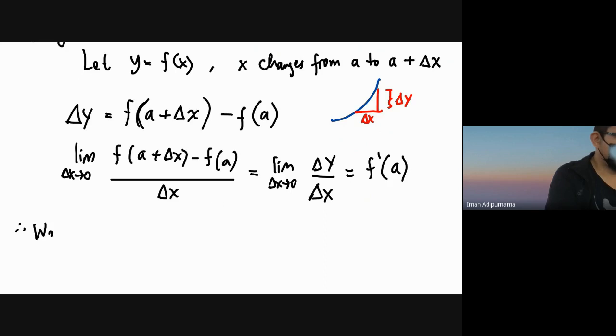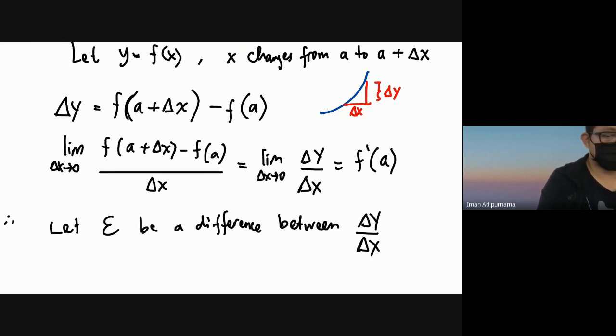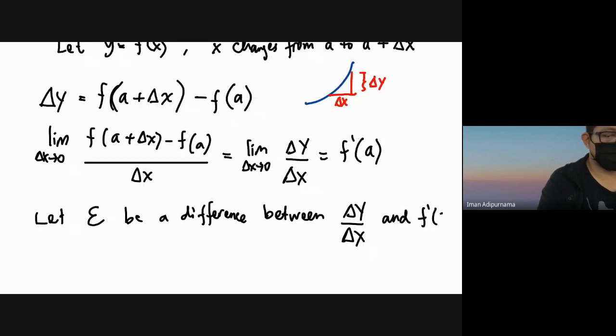And then we use epsilon, or maybe not, let the epsilon be a difference between delta y over delta x and f prime of a. So this will be, because we are defining the derivative with limit, then in actual reality,